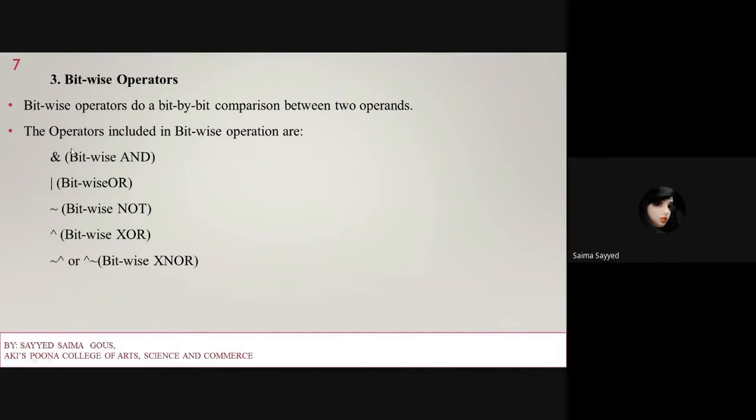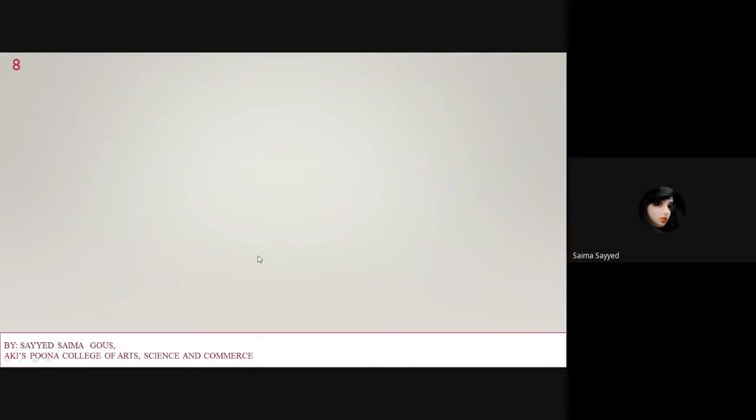So these are the symbols used for bitwise operators. Whenever you want to perform bitwise operations between two variables, you have to use these particular symbols.